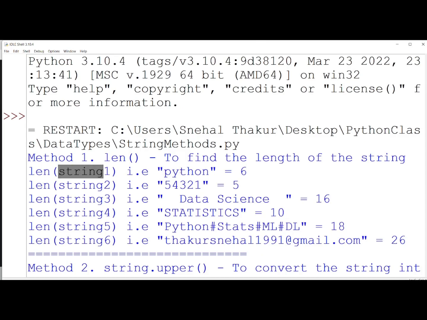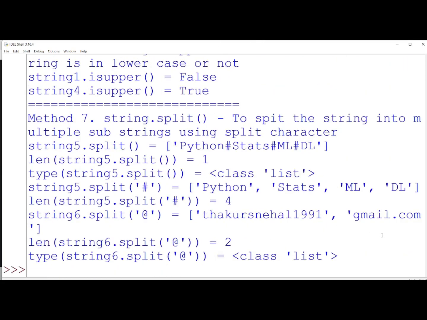If you want to concat both strings, there are multiple ways to concat strings, and concatenation we have seen, like you can use the plus operator, or there are multiple ways to concatenate. If you want to concat multiple strings,